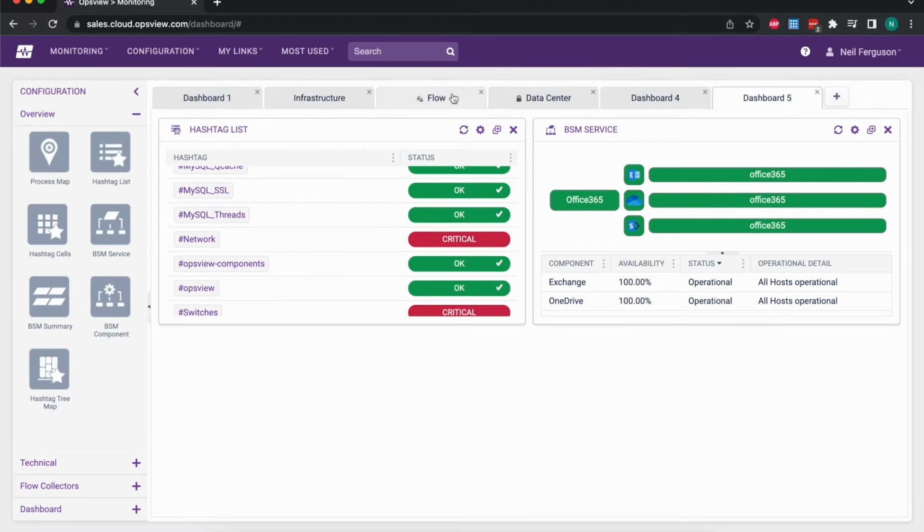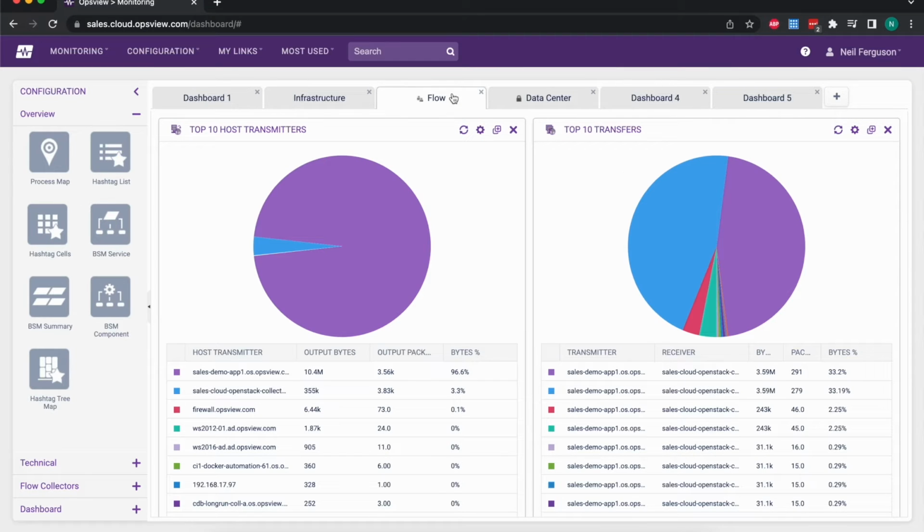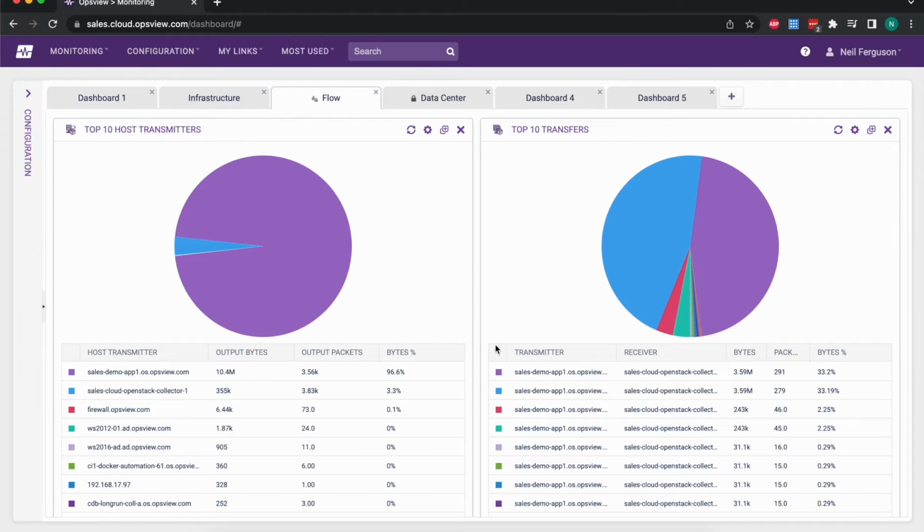So one of the things that I moved past a moment ago, which I just want to come back to, is the flow monitoring. So while we're having a look at the dashboard, this is one of the great visualizations that we have for those of you looking to monitor your networks. So of course we can monitor things like your switches, routers and so on, whether it's software defined or whether